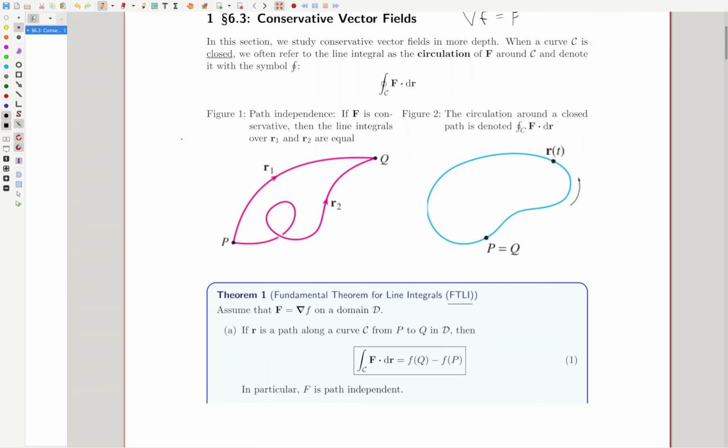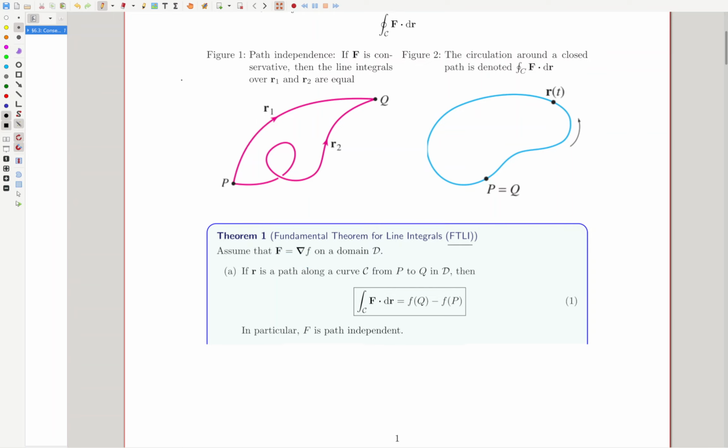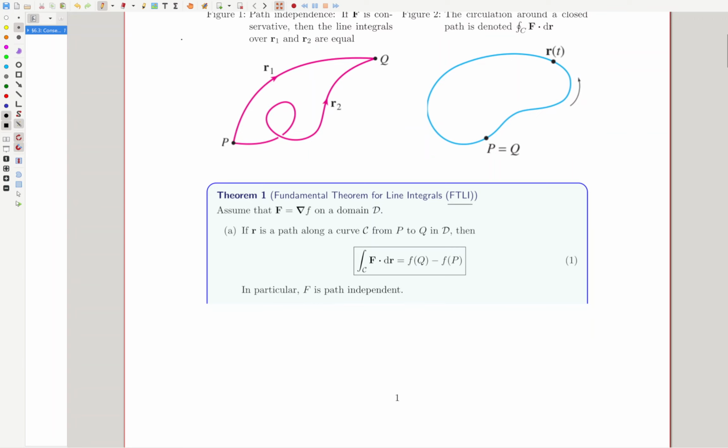These two pictures help to illustrate the two parts to this theorem. First of all, we assume that our vector field F is conservative, meaning it is the gradient of some potential function. Then what that says is